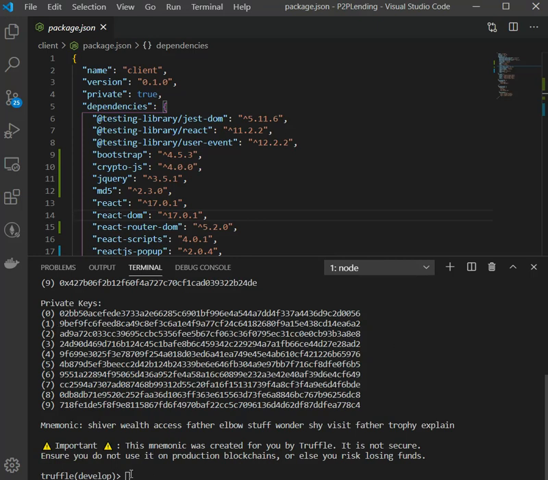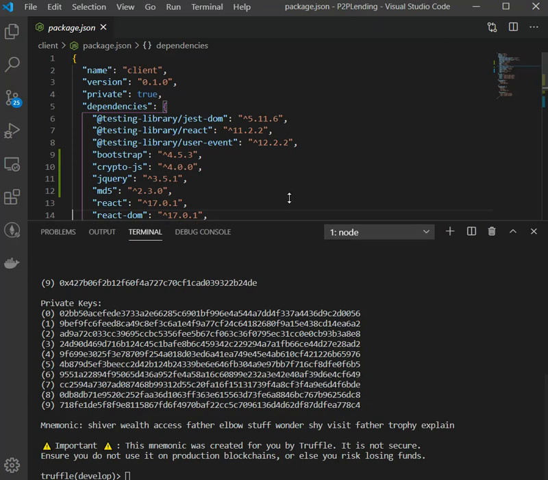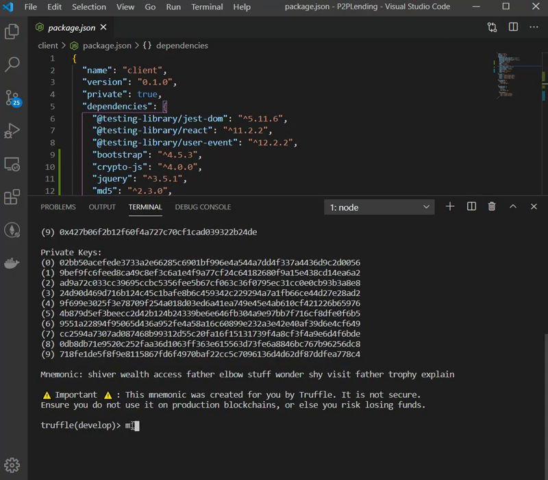And now we need to launch this command migrate reset. What it will do, it will migrate the smart contract into the blockchain network.